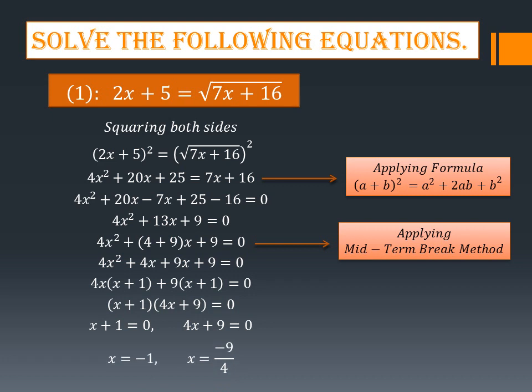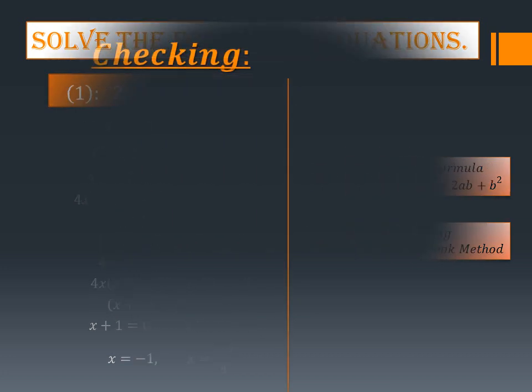Taking the answer of x, we will get plus 1 to the other side is minus 1, and plus 9 to the other side is minus 9, and as 4 is multiplying with x, it will divide to the other side. Now we have two answers of x, but we cannot write these answers in the form of a solution set, because as I told you earlier, whenever the roots or the radicals are involved, we have to look for the extraneous solutions, the solutions that are irrelevant to the question.